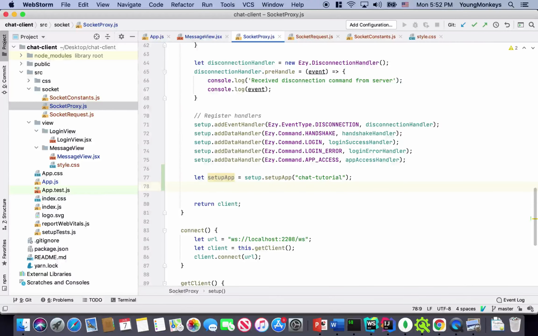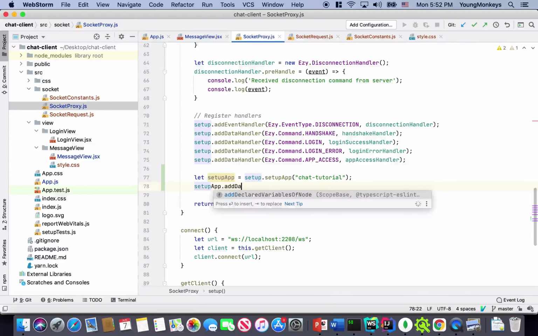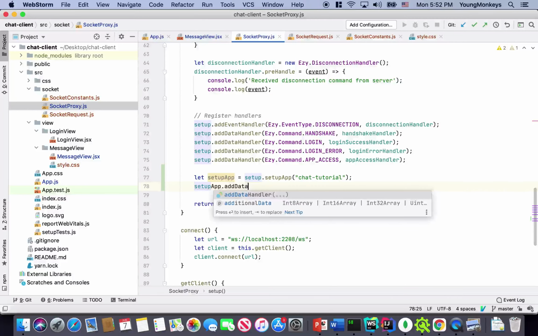And I need to add a data handler or a listener to our setup app. So setupApp.addDataHandler,